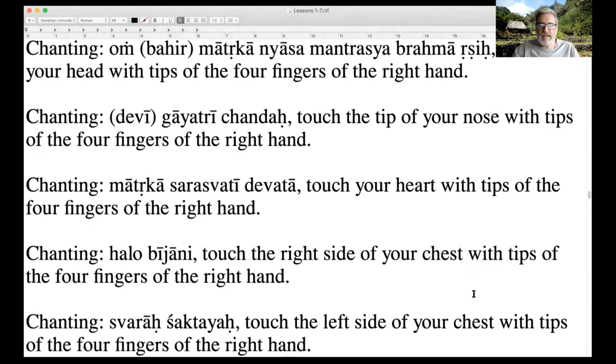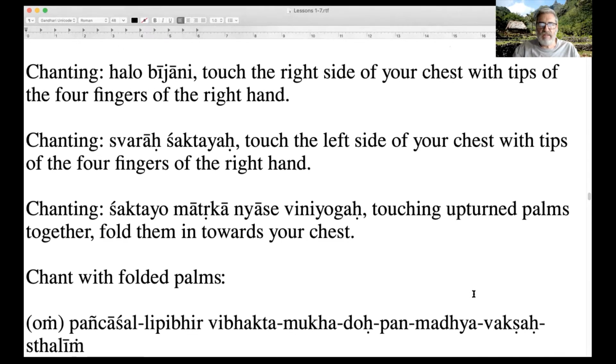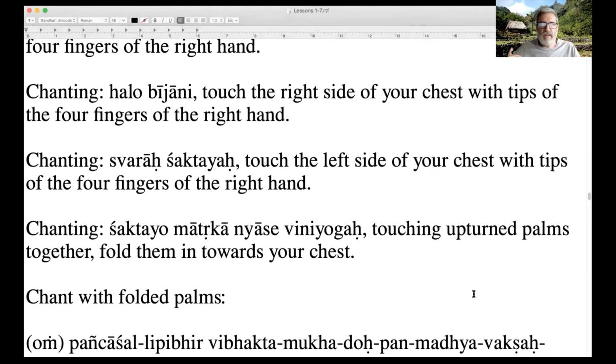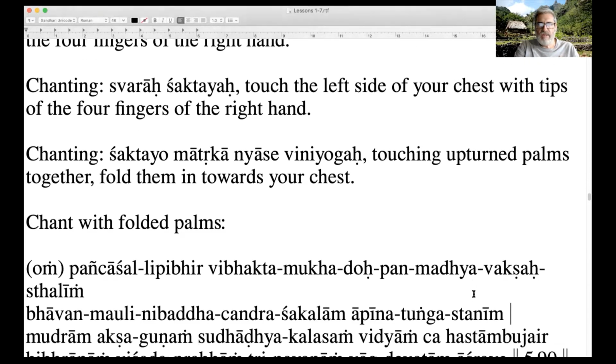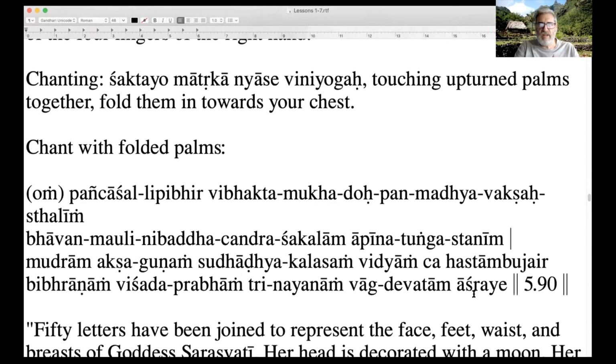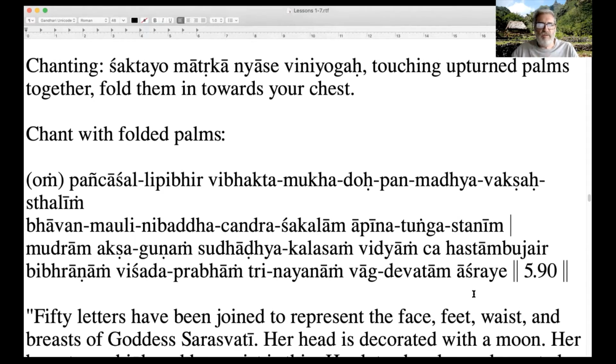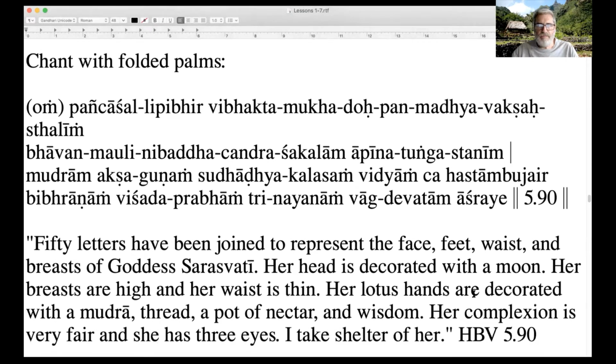Halo Bijani, touch the right side of the chest. Swaraha Shaktayaha, touch the left side of the chest. Shaktayo Matrika Nyase Viniyogaha, turning upturned palms together towards the chest. Viniyogaha.